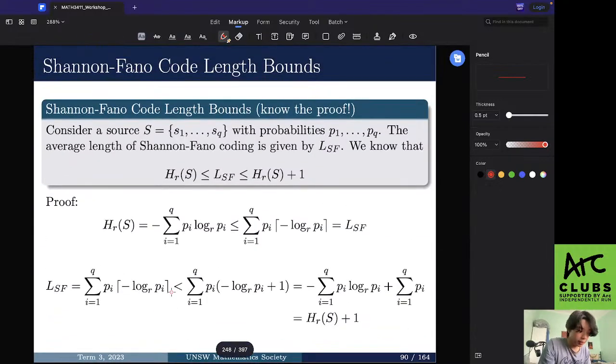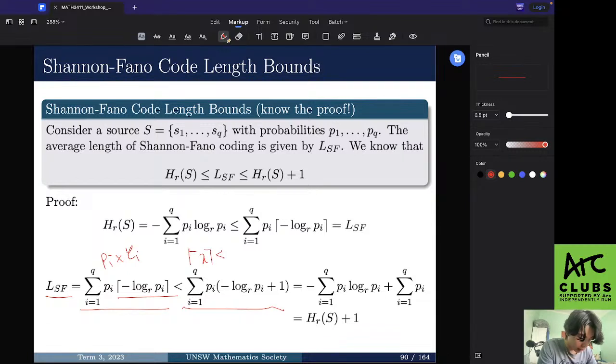Now let's try to prove the other side. Well, we know that the average length is going to be equal to the expected length, which is given by the formula: the sum of p_i multiplied by the length at i. Then we know that this is actually less than or equal to this sum, and the reason is because